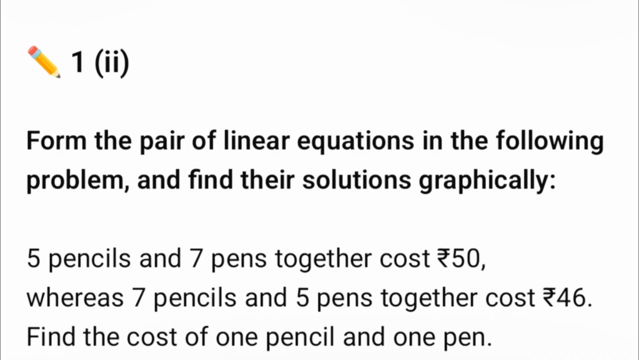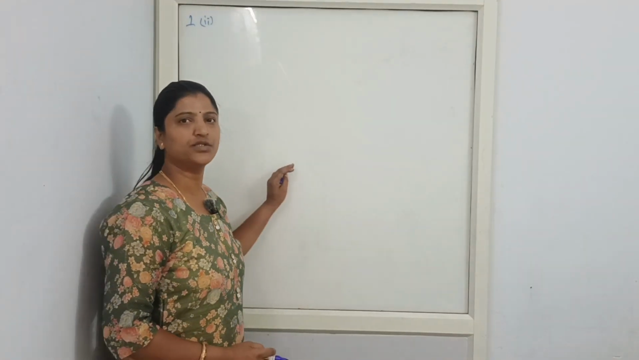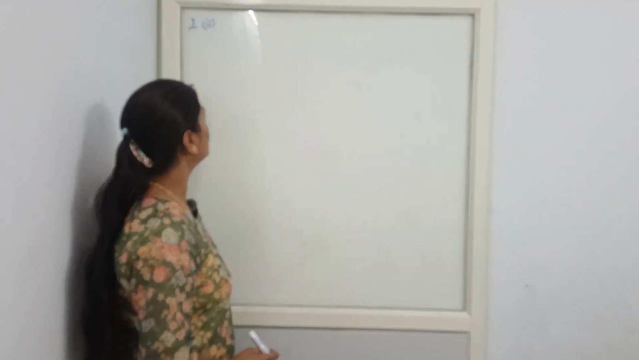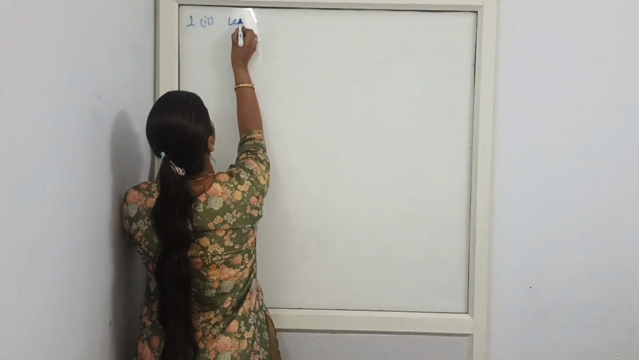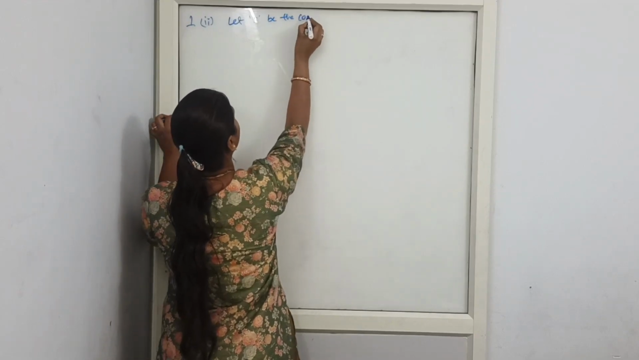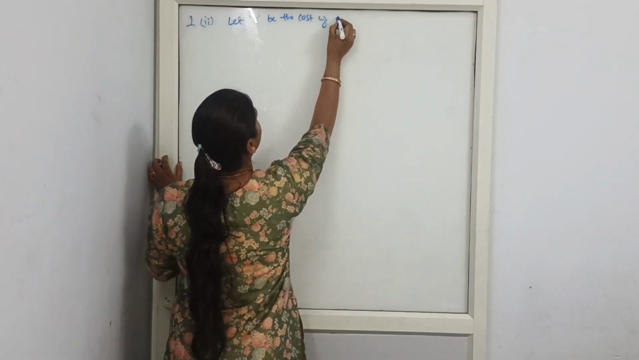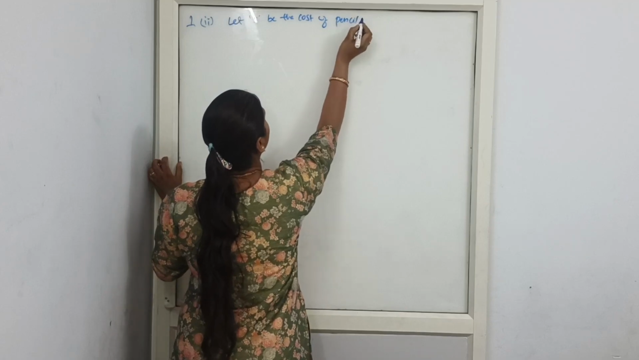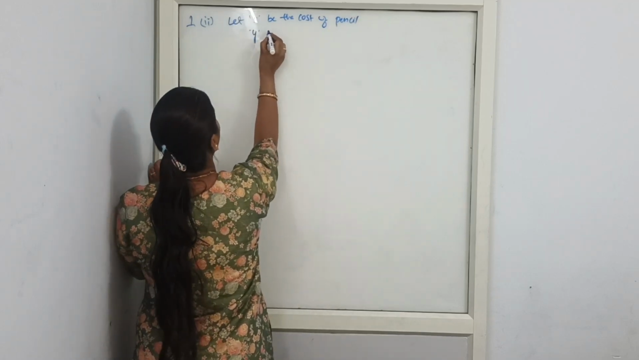Question is 5 pencils and 7 pens together cost rupees 50, whereas 7 pencils and 5 pens together cost rupees 46. Find the cost of 1 pencil and that of 1 pen. Then let us see the second question of the first one. So here we need to consider, let x be the cost of pencil and y be the